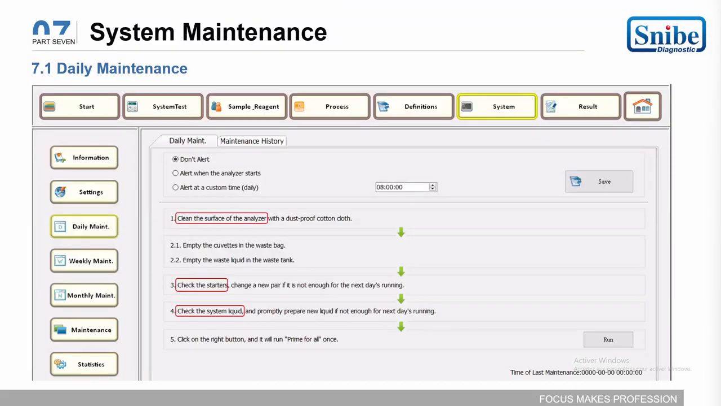Next is the system maintenance. In the system, we have guidance for the end user to perform maintenance step by step for the daily, weekly, and monthly maintenance, and it helps to run the automatic maintenance also. For the daily maintenance, just clean the surfaces of the different components of the